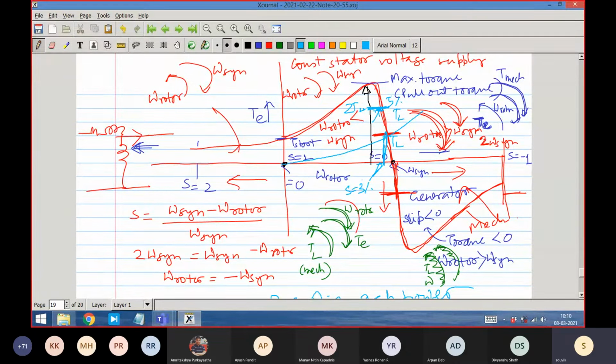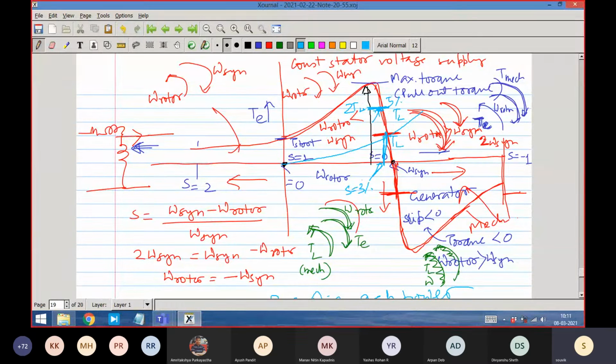What is the implication of rated operating? Rated operating point is a point where we can operate indefinitely. Nobody will tell that after 1 hour you stop, there will be some problem. But if we had operated at a higher point, meaning higher torque with higher slip, rotor copper loss would have increased and the machine would have become really hot, and it might have also failed after maybe 1 hour.